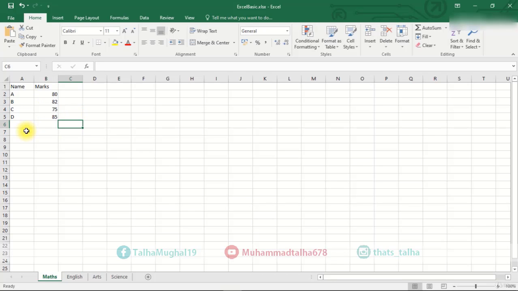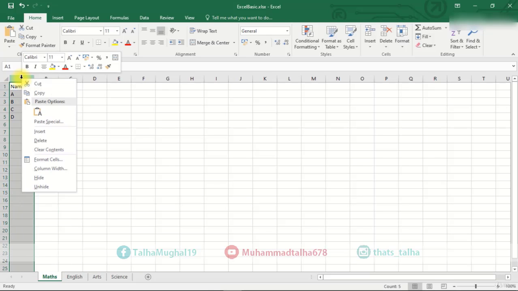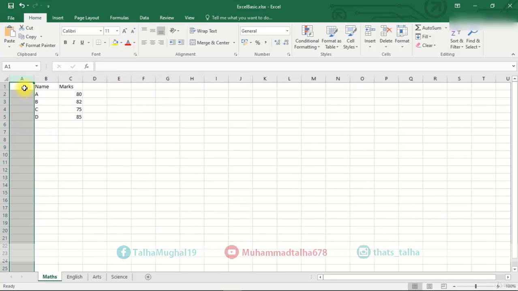Same goes with columns. If I want to insert a column named roll number in the beginning of this table, I need to insert a blank column in the first position. So I right click on this first column and select the insert option. Notice that again a blank column comes exactly at the position where you asked to insert the blank column.